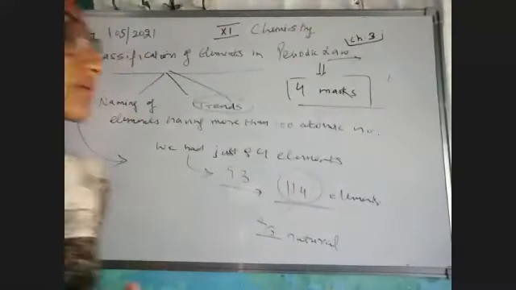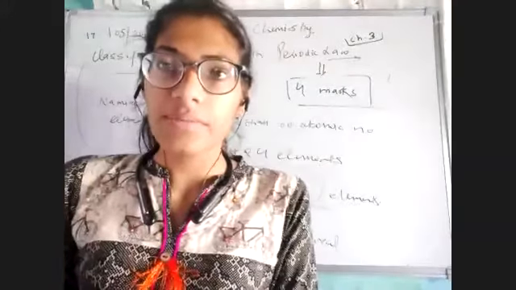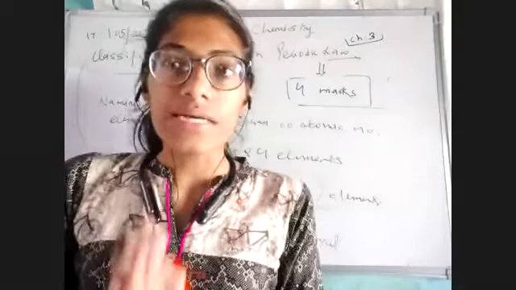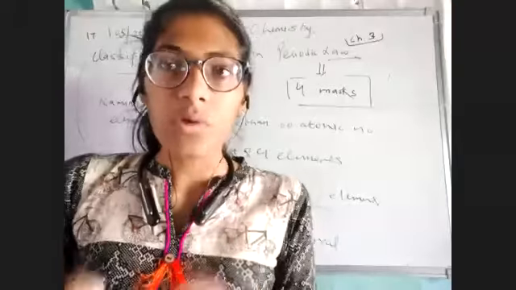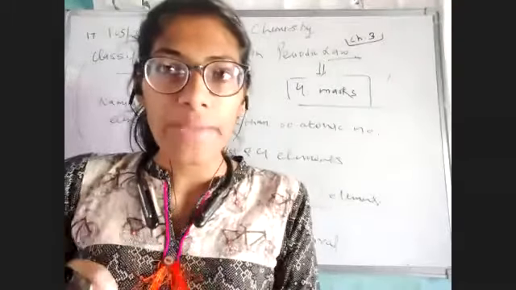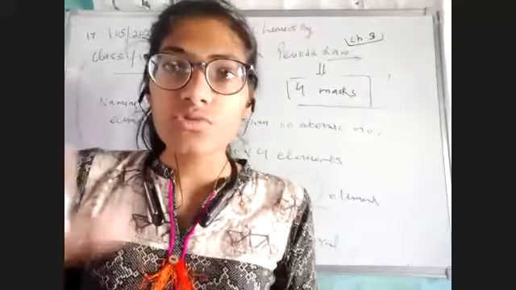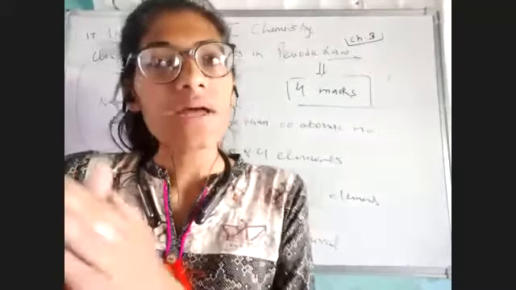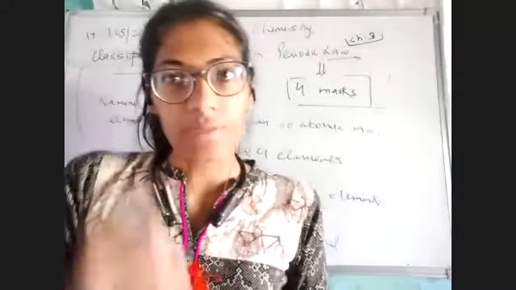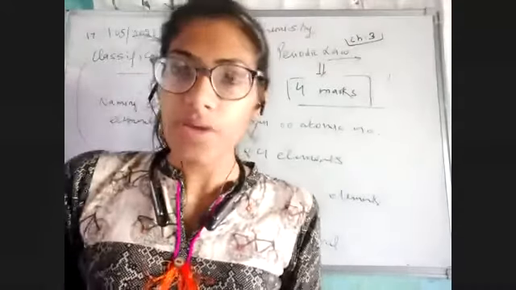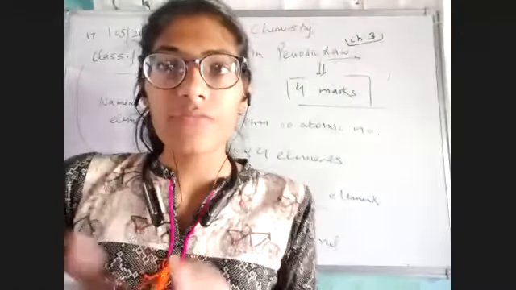So the first question is, why do we need to classify our elements in the form of a table? The answer is we need to arrange them in tabular form because elements are so many, and to get the maximum benefit from them, we need to present them in a table so that we can get their physical as well as chemical properties. Now let's start: how did we make them into the periodic table?